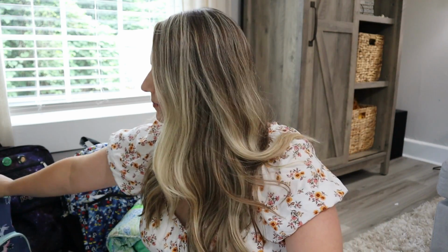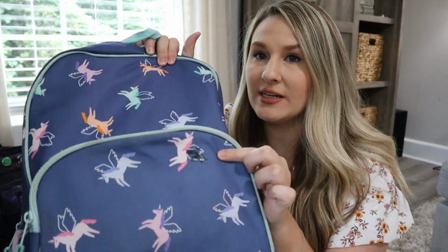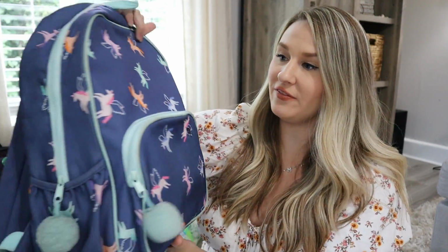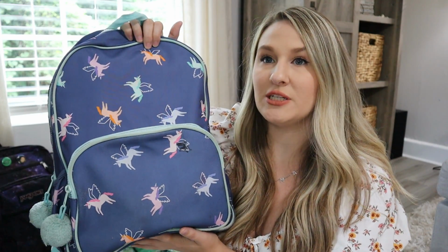And then for Arabella, she has this $20 book bag from Target. She did draw on it just a little bit, but it's still perfectly fine. There are no holes in it. Just give it a quick wash and it is ready for another year. So I'm probably going to let her use this one more year, and then next year when she goes to first grade, we will be getting her a new book bag